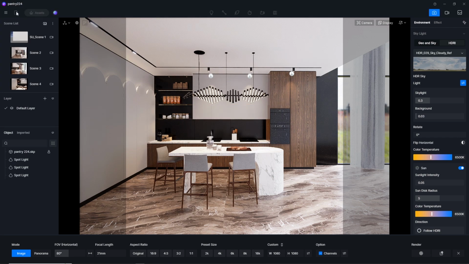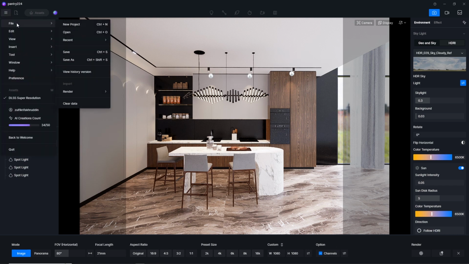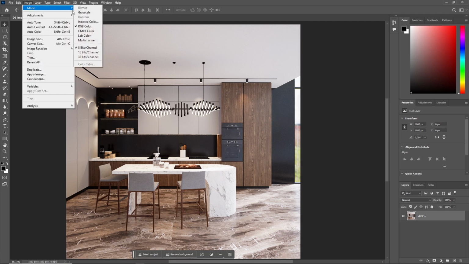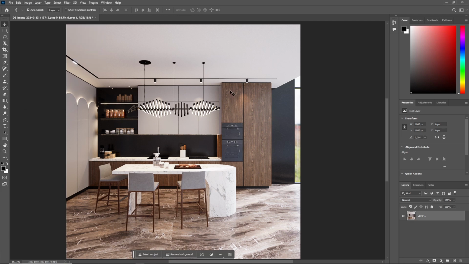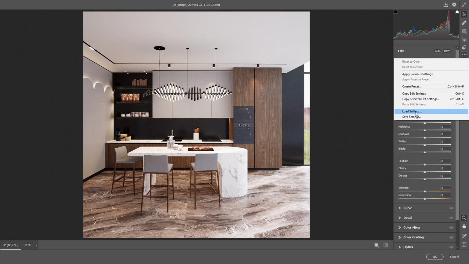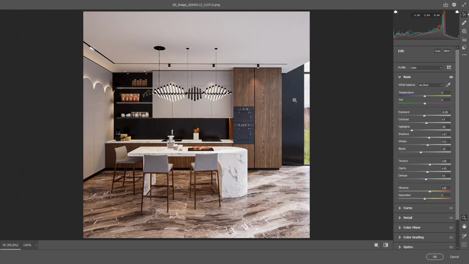Okay, let's open the result on Photoshop. Let's start editing this image. Let's change the mode to 16 bits and then convert it to smart object. Go to filter, camera raw, and just load the preset. Okay, now it looks bold,